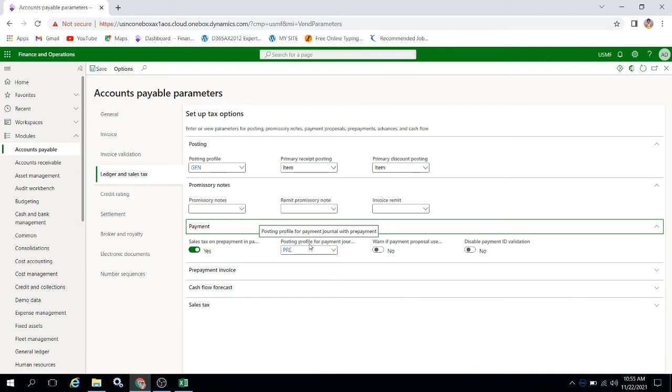So if you are doing any prepayment from the payment journal, this is the posting profile that we assign to the system. That way the system will recognize that whenever you are doing the prepayment journal, it will take from this posting profile to book any prepayment entry. So these are the two steps that we need to do before doing the prepayment from the payment journal.